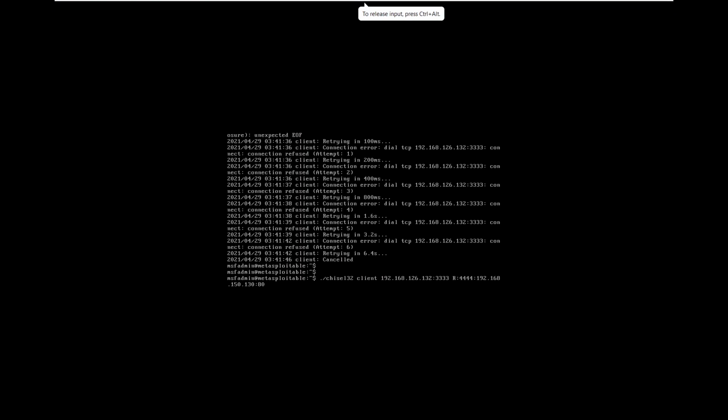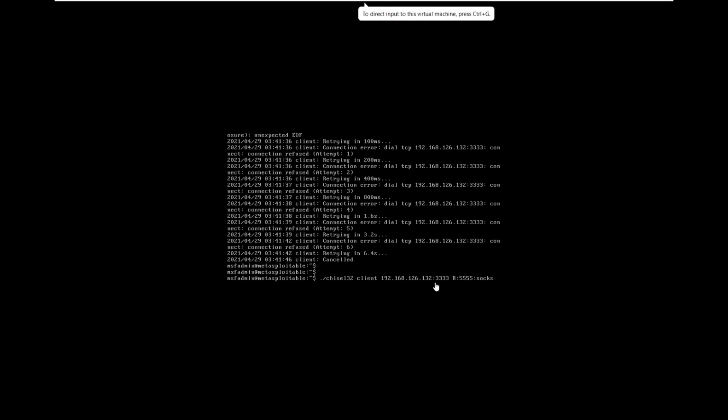So in the client version, I'm connecting as a client to this Kali Linux machine, Chisel server, and I can say it's 5555. This is the SOCKS server and colon socks.